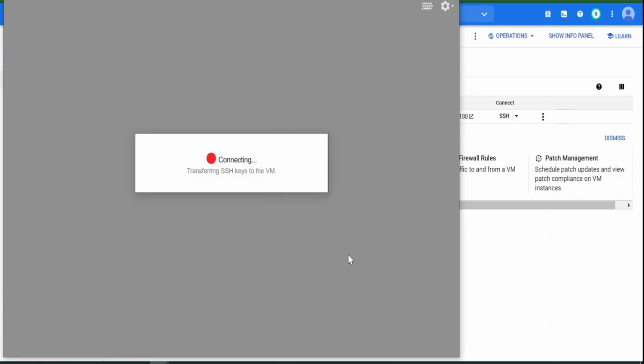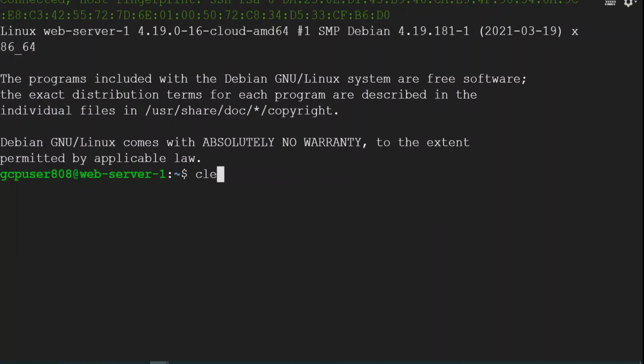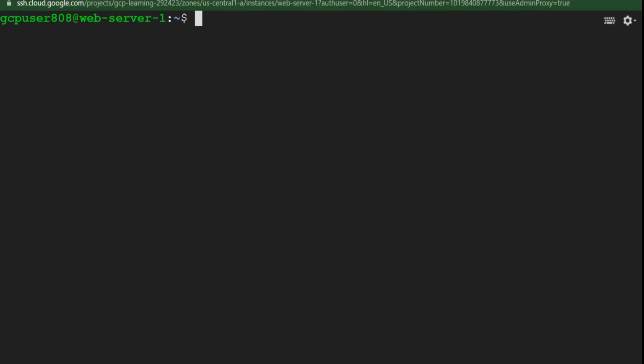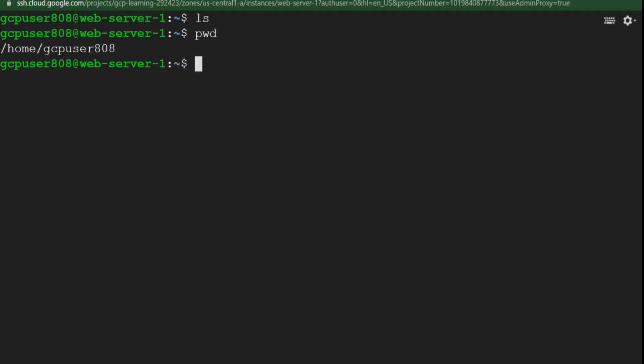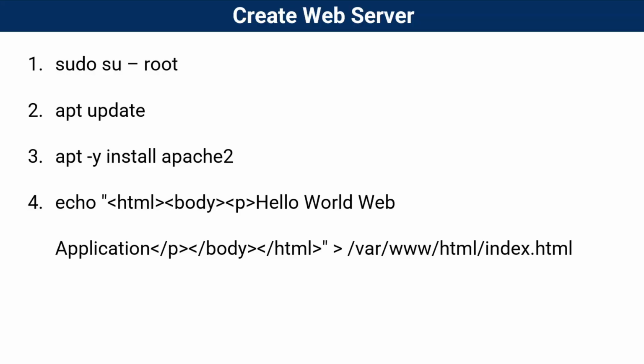It will open the Cloud Shell session. Here you can run any kind of Linux command like ls or pwd. Now we will configure the Apache web server inside this VM by executing all these commands one by one.